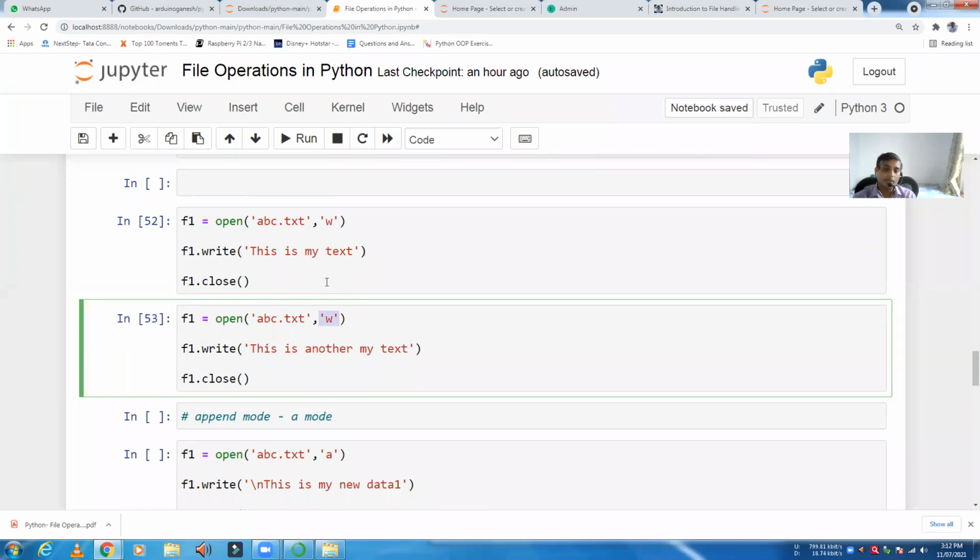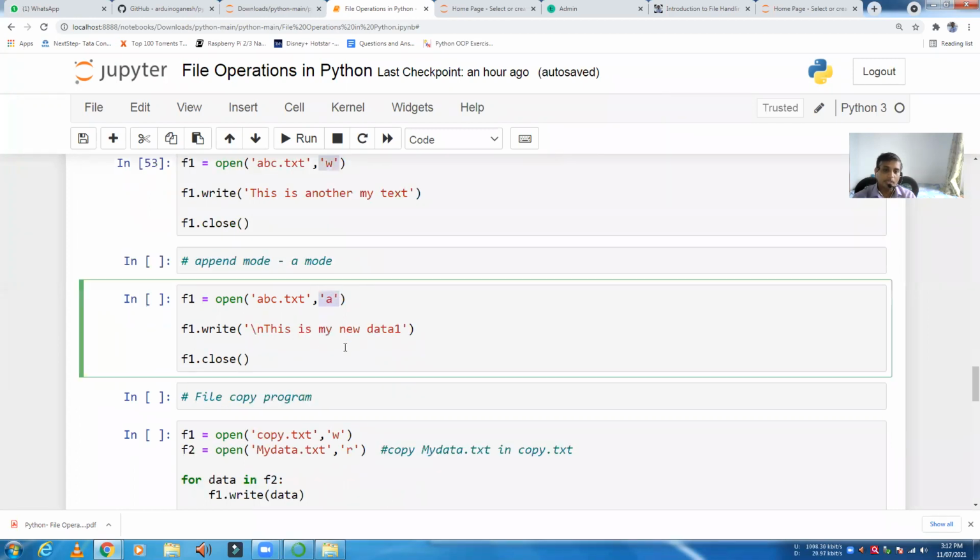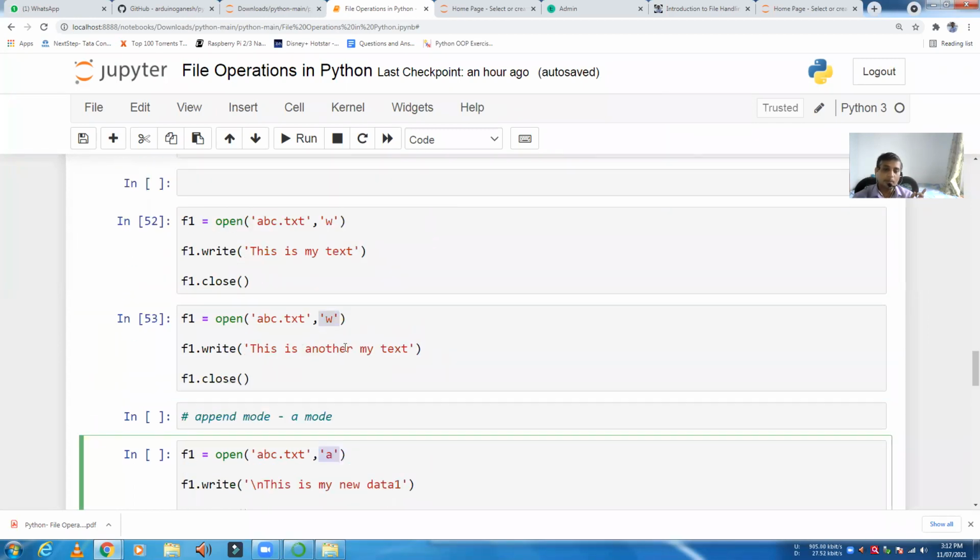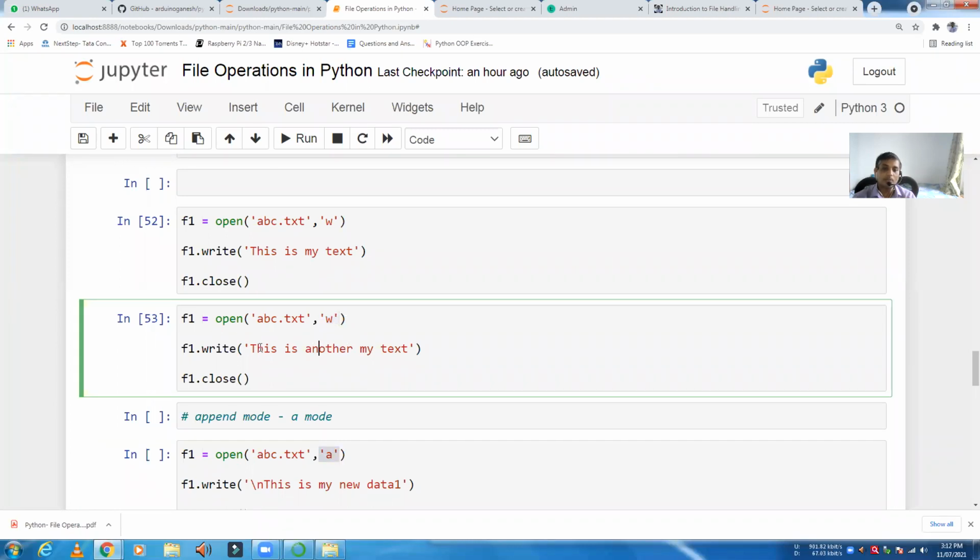So before opening your file in a W mode, always think twice. पहले तो देख लो कि अरे फाइल क्रिएट करना है ना, तभी W मोड यूज करो. लेकिन existing फाइल है उसको मॉडिफाई करना है, तो कैसे मॉडिफाई करना है? आपको नया कंटेंट ऐड करना है, so use the append mode. लेकिन अगर पुराना कंटेंट डिलीट करके new content if you want to add, then you can use the W mode. Okay.